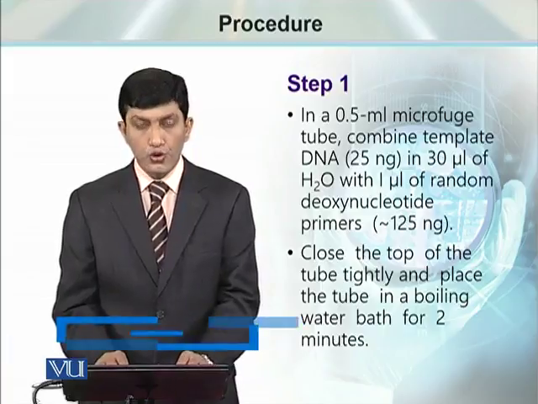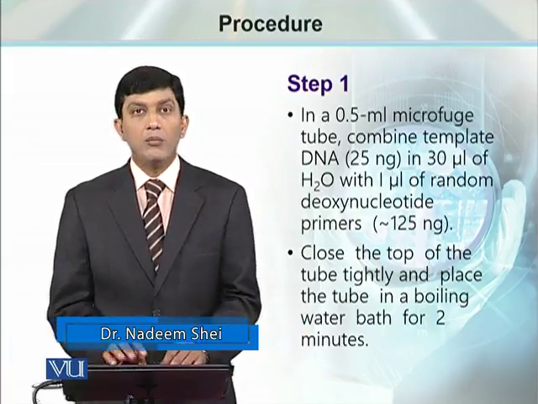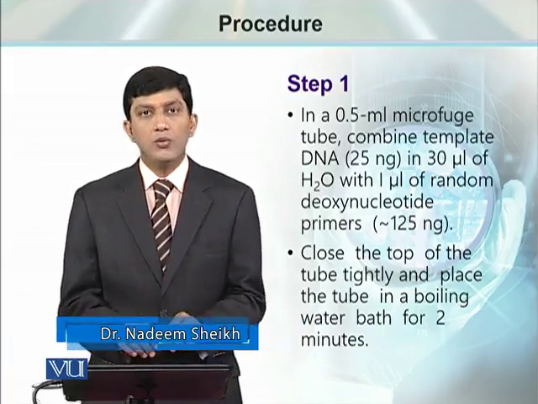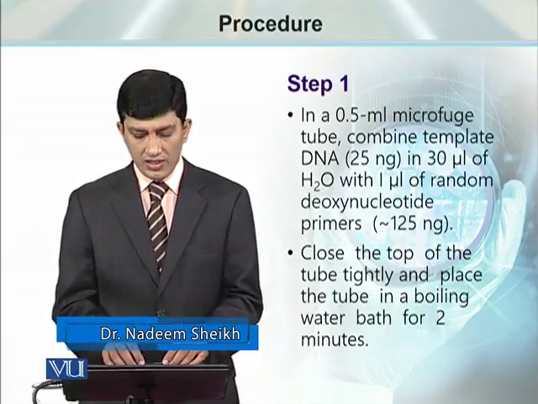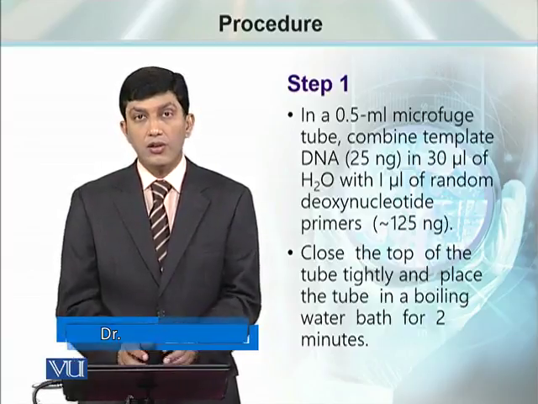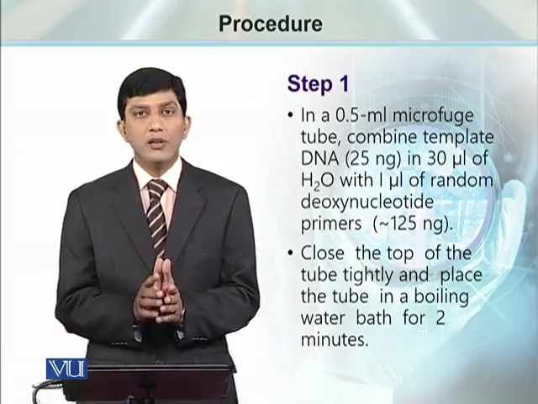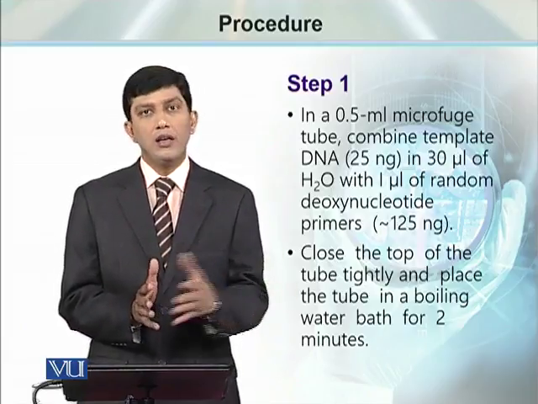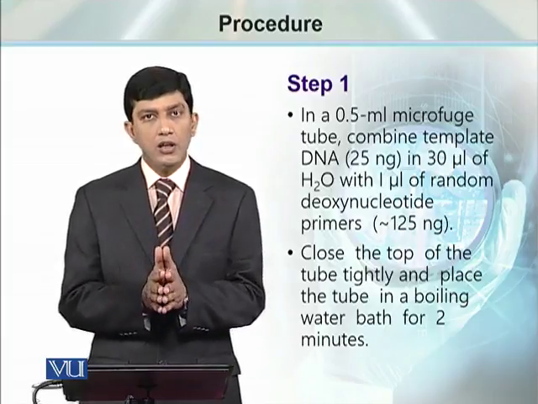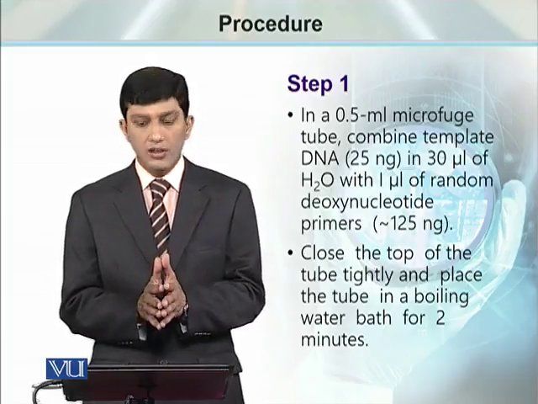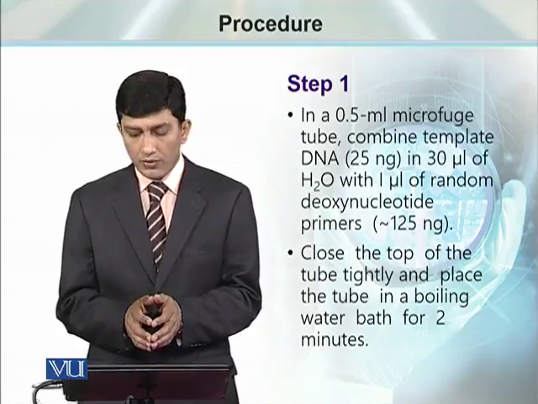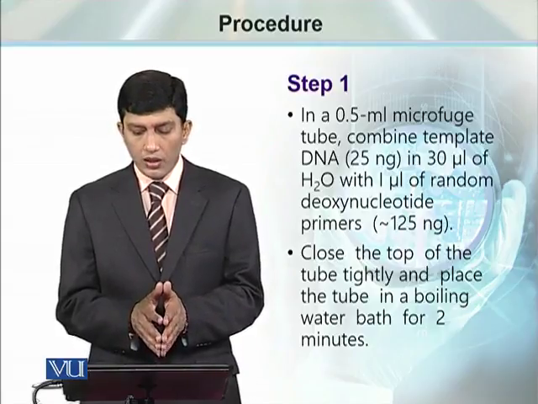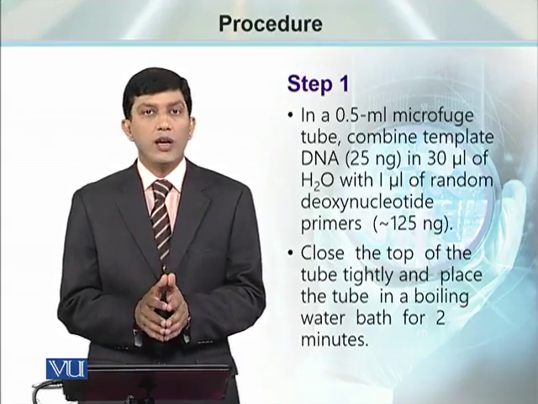सबसे पहला स्टेप इसमें requirement of template DNA and the primers. In a microfuge tube, add the required amount of DNA. Let's say 25 nanogram of DNA is added in 30 microliter of water. Volume is important because very high volumes cannot be handled later on. So 30 microliter should be the volume that contains 25 nanogram of DNA, and along with the 125 nanogram of